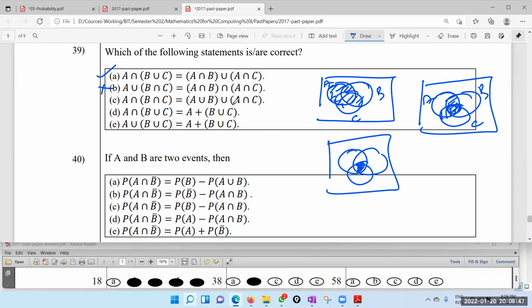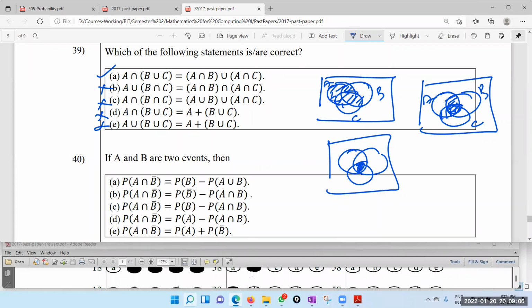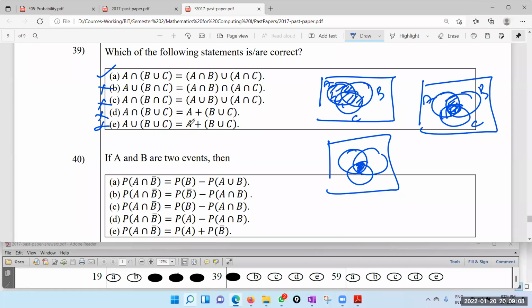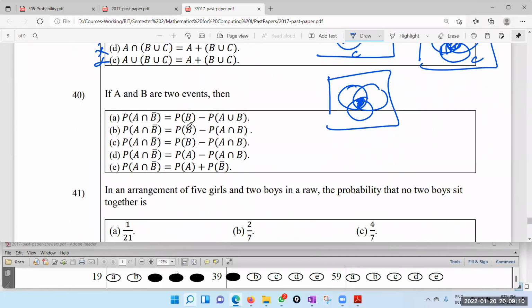A union B. A intersection B union C. There's nothing called plus in the sets. So therefore, these are anyway wrong. So the answer must be A, 39A. Okay. 40. If A and B are two events,